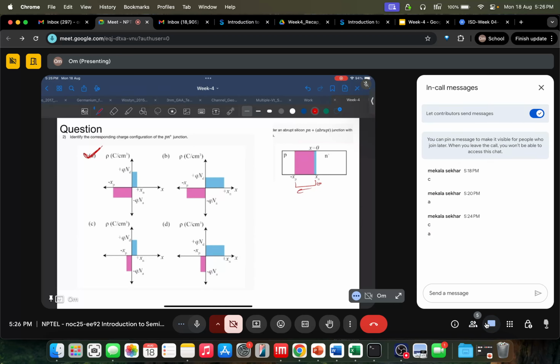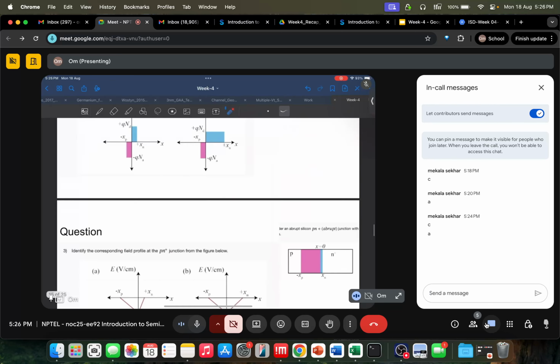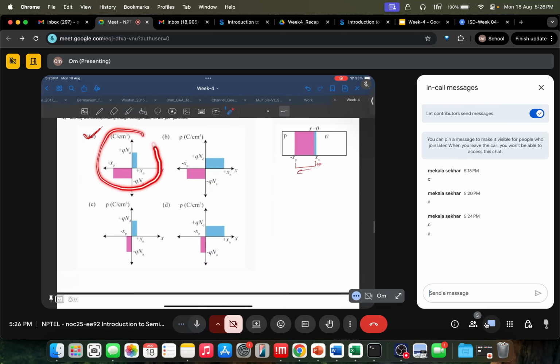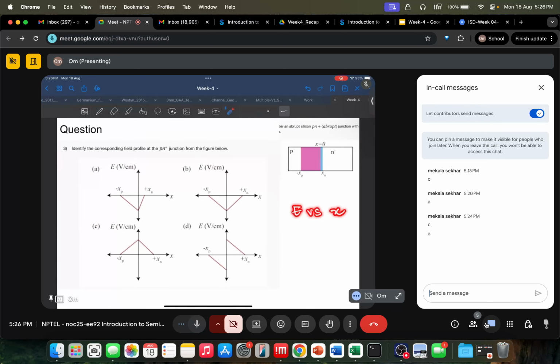Okay, next one. Identify the corresponding electric field profile at the P N plus junction from the figure given. So for this same junction and for this charge density plot, we have to make the E versus x curve. What should it be? Right, it should be A again. So we just saw it. Here, this is positive. Here, this is